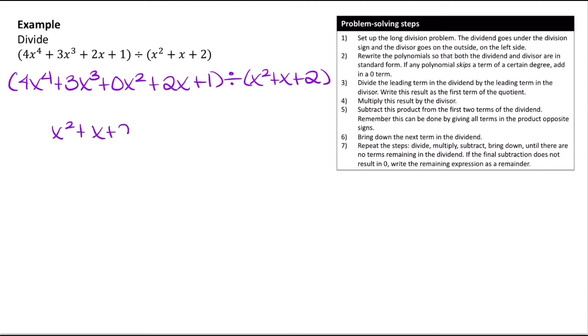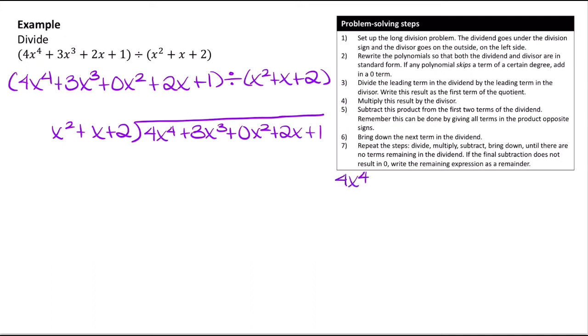So we have x squared plus x plus 2. And then under the division sign, we have 4x to the fourth plus 3x cubed plus 0x squared plus 2x plus 1. Okay, so now we can take the first term, that 4x to the fourth, and divide it by